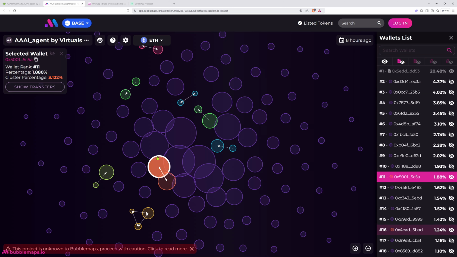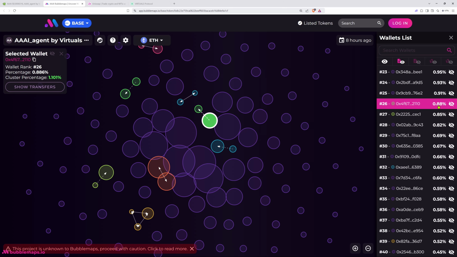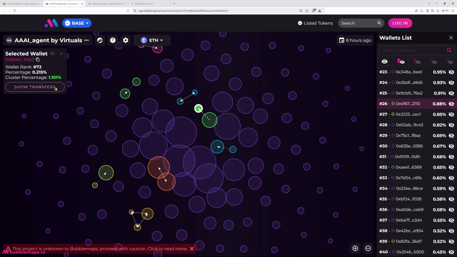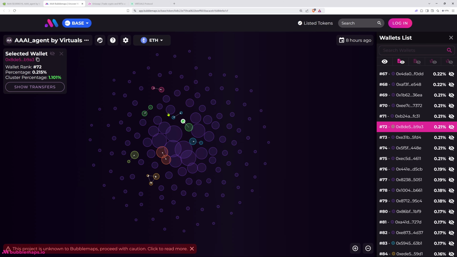This is why I try to tell you guys, these are the types of tools you need to use to be efficient, to have a high probability of your trades for the long term. We could also take another example over here, and click this, which tells us immediately that rank number 26, which is down here, he owns 0.88% of the supply, and he's also connected to a wallet that is ranked number 72 that owns 1% of the supply that is somewhere all the way down here. So in total, he owns over 3%, and we could go on with more and more examples.